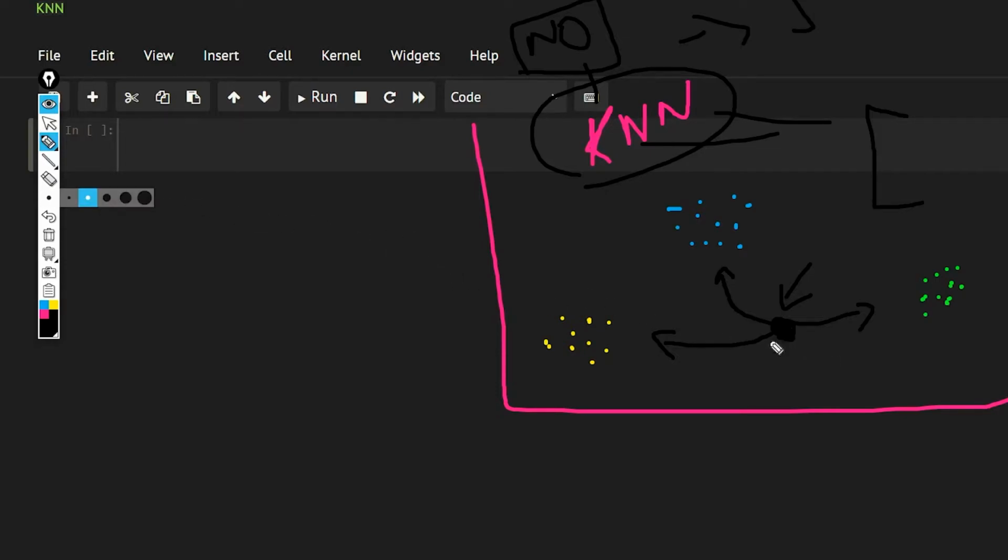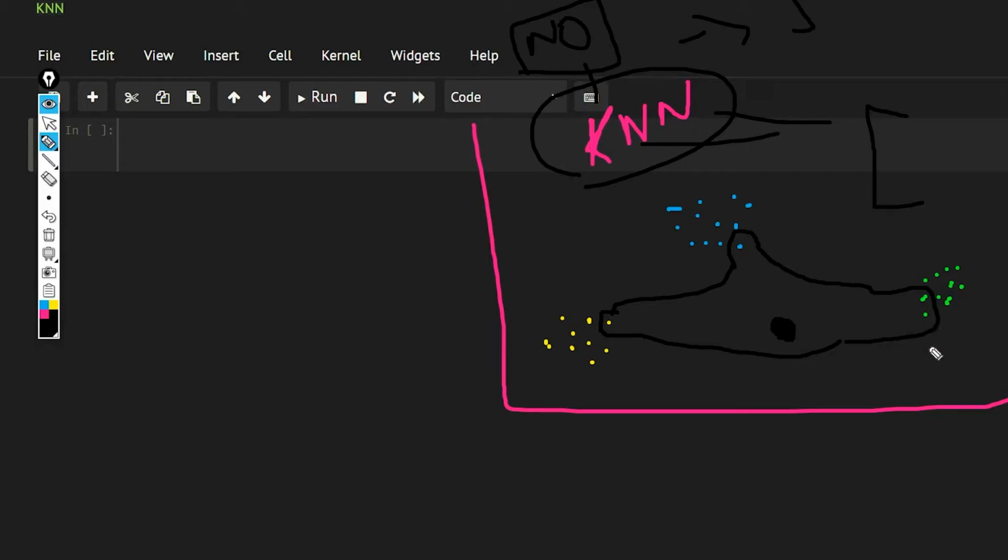So let's suppose that we have to find 5 data. We have 3 data from this class that are closer to it, 1 data from this class, and let's say 1 data from this class. So these are the points that are closest to it, and we only chose 5 points because this time our K is 5.